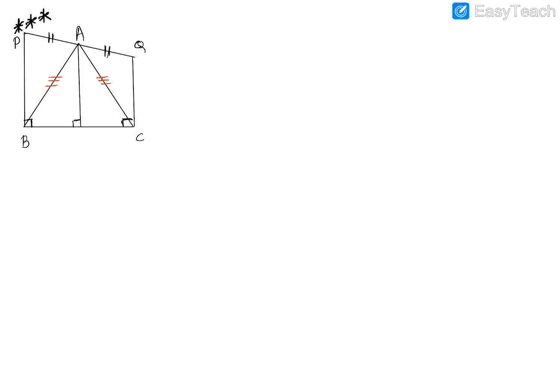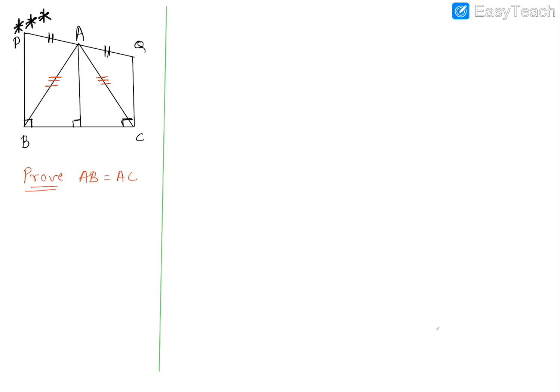Okay, so let's begin now guys. So this is all the information that you have already marked in the figure. What we are asked to prove, I'll write down that also. We are asked to prove that AB is equal to PQ. I think it's an easier problem, but we need to make use of another chapter in this.